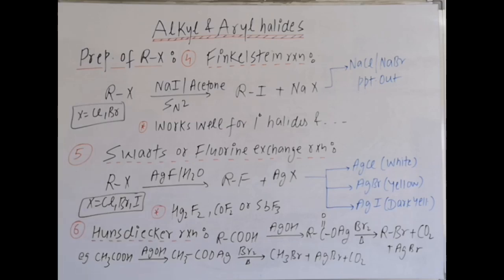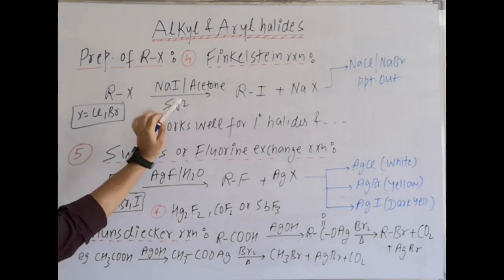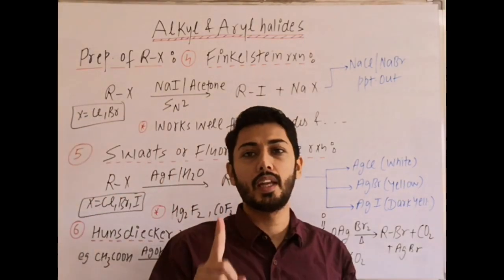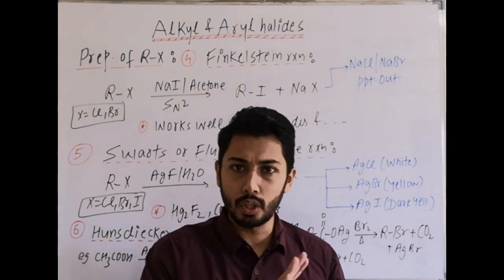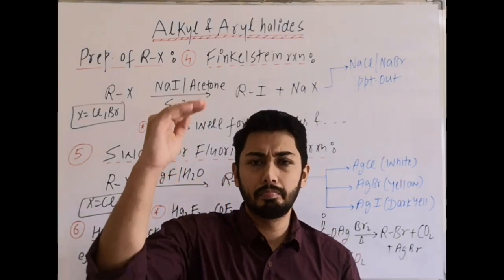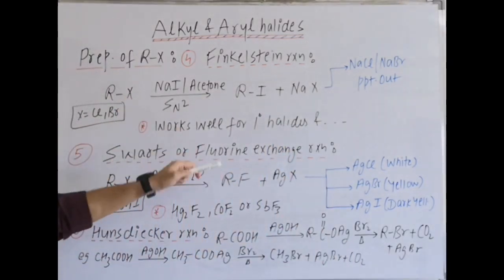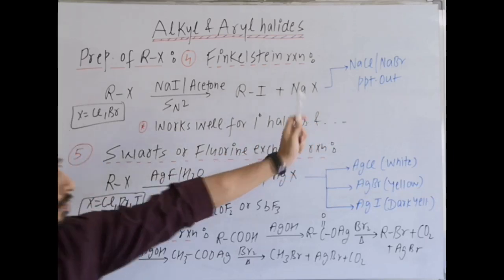Now the next reaction is the Finkelstein reaction, or iodine exchange reaction. In this case we take an alkyl halide, that may be RCl, RBr, in presence of NaI and dry acetone. This reaction is purely SN2. That is why which degree of alkyl halides are preferred? Primary alkyl halides are preferred, and not bulky ones, like neopentyl halide is not suitable. With secondary halide, less reactivity. With tertiary, no reaction. So here X minus leaves, I minus will attack, RI is formed, plus NaCl or NaBr formed.